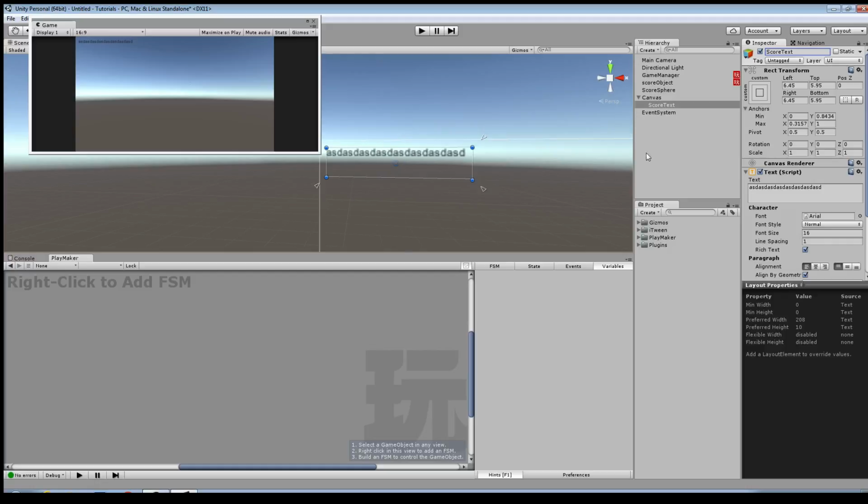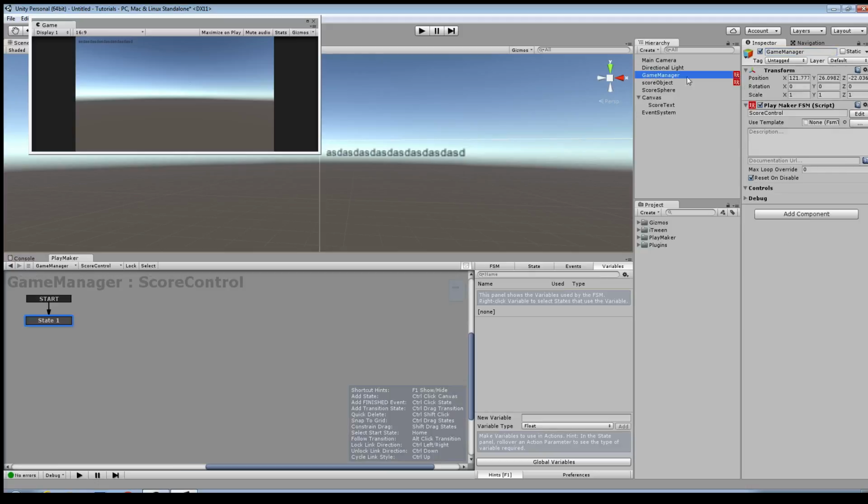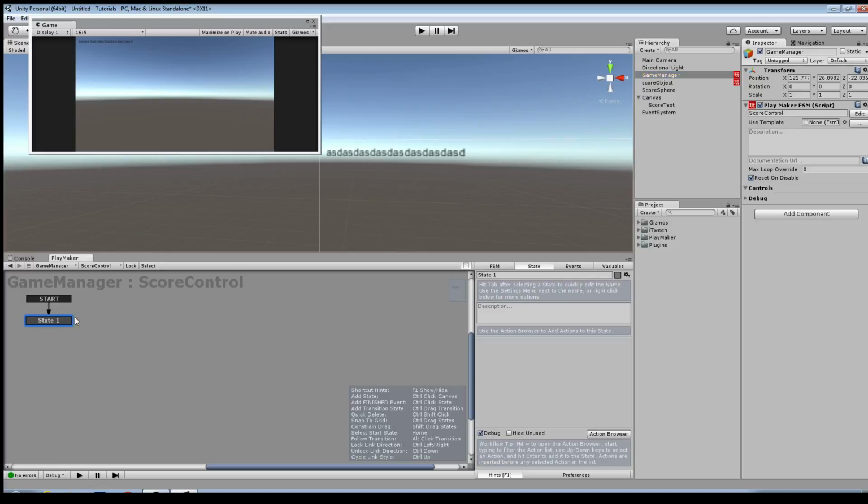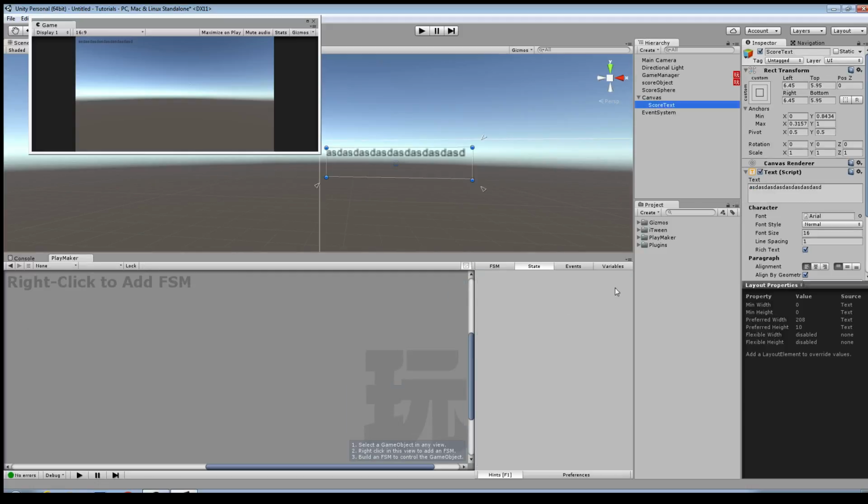Right? And what we're going to use to update this text item is this game manager score control script, or this FSM. Okay, so in here what we're going to do is when the game starts, it's first going to set this score text to be its default. Alright, so if I go back here, I'm going to have to drag this